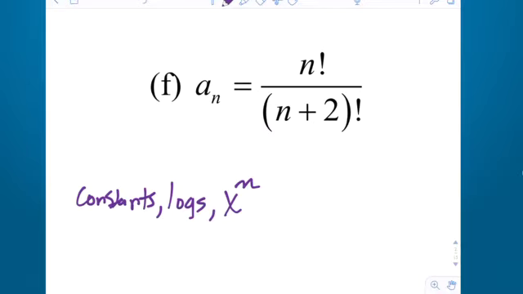And within each family, there's their own hierarchy. So for x to the n, the bigger the n, the faster it grows. After that, we have exponential. So b to the x powers. And again, the hierarchy is the larger the base, the faster it grows. And then after that, if you remember, we had,